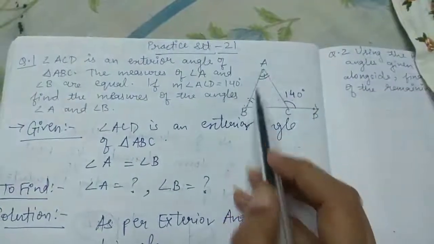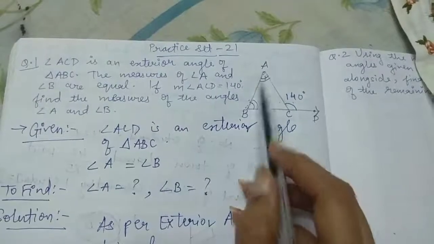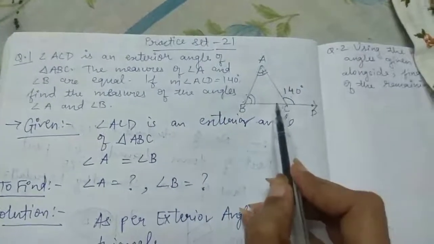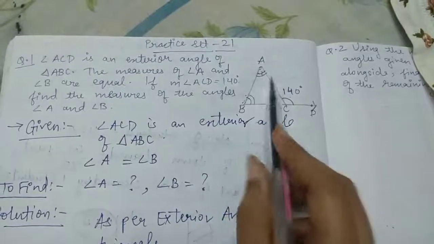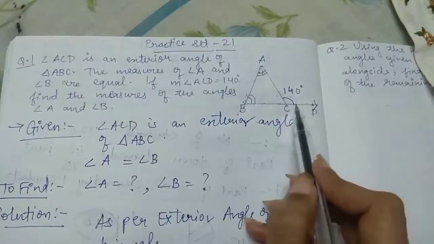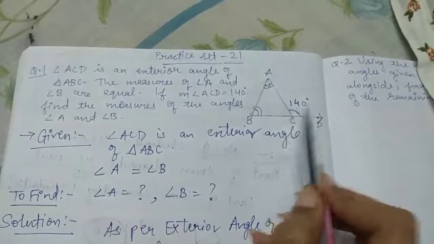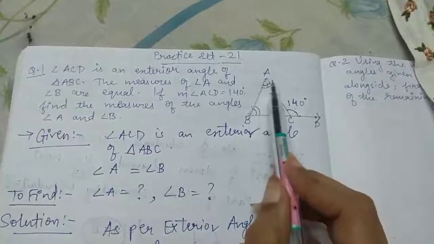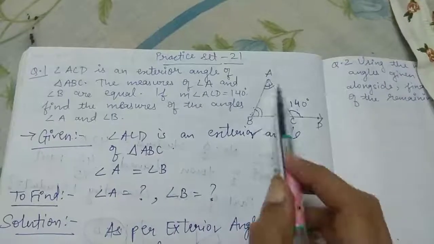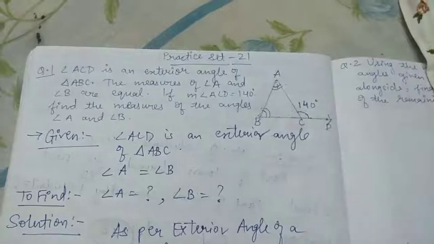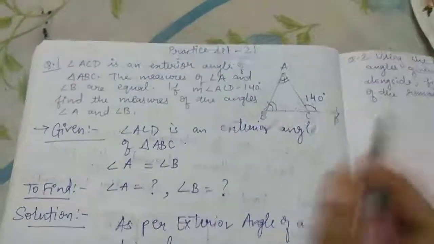So these are the interior angles, and why are they known as remote opposite? Because C is also interior, ACB is also interior, but ACB is linear to this angle. Hence it is not opposite, it is adjacent. Therefore, A and B become remote interior opposite angles of the exterior one. That's how we are going to see exterior remote interior angles. So when we add these two angles, we get exterior angle. So A plus B equals ACD.